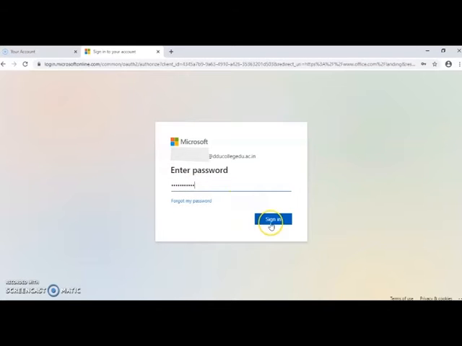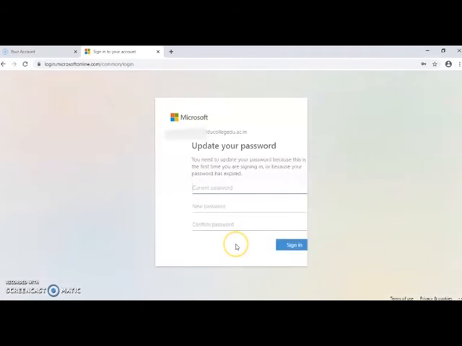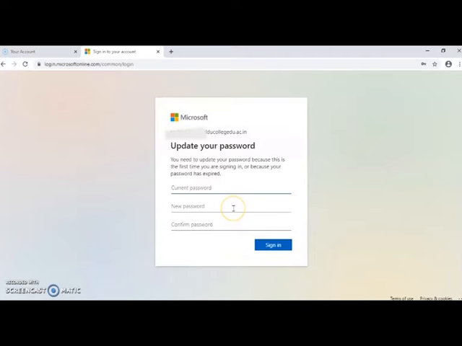Specify the password. When you first sign in with your official DDUC account, the system will automatically prompt you to change your password. So you can put any convenient password of your choice. Or if you are requested to, note down whatever change you are making in your password so that later on you can refer to that.